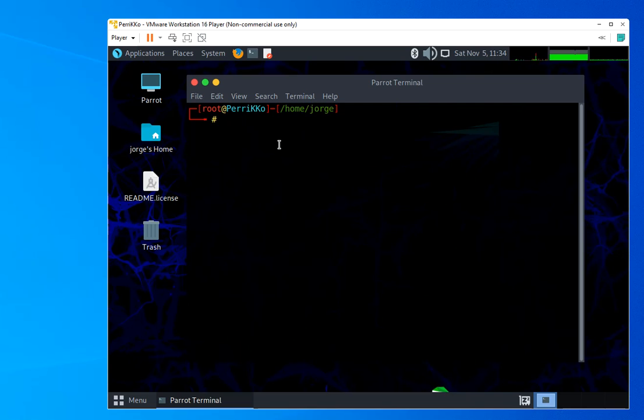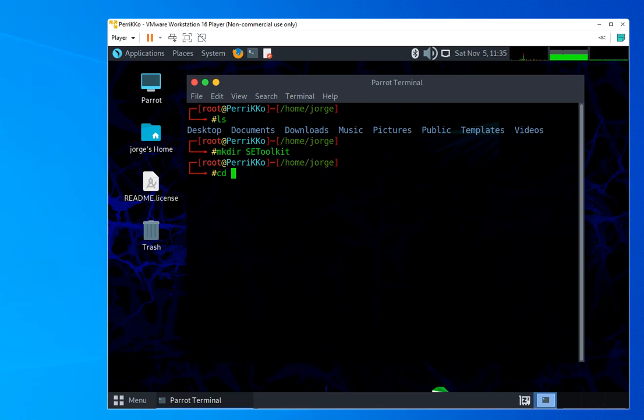So the first thing we're going to do is download it. You could download it anywhere you want. I'm going to download it in my root folder, right? So I'm going to make a directory for that. And once I'm there, I'm going to go to that directory. And once I'm done here, I am going to download the toolkit into this folder, and then I'm going to proceed